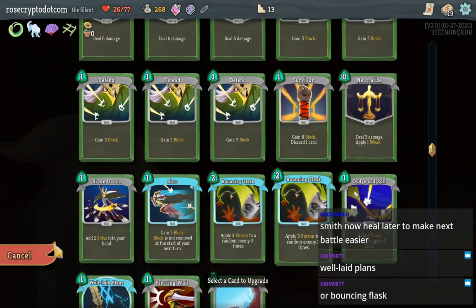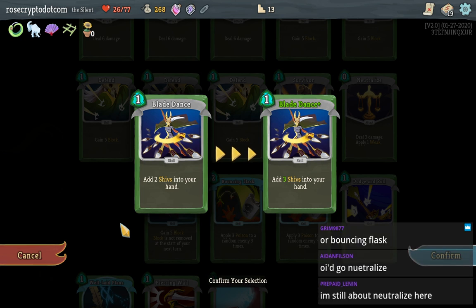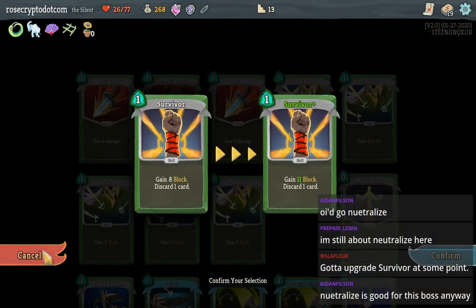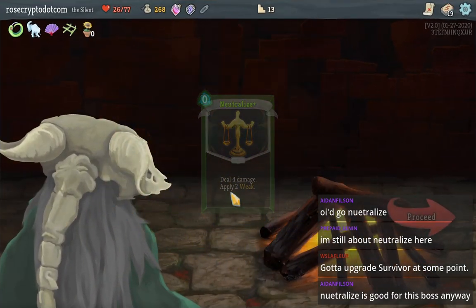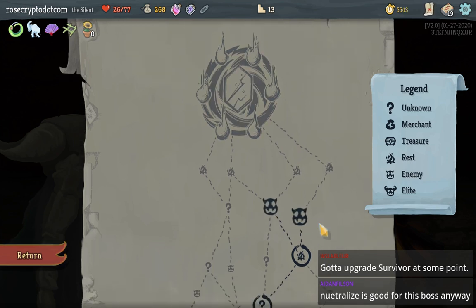Bouncing Flask is an option. Blade Dance is an option, because if you think about it, if I do this, that's 1 card that instantly activates my fan. I have to say that's not bad. Gotta upgrade Survivor at some point, that's true. We're gonna get Neutralize is what we're gonna get, because it's really good for the boss. For any boss, I assume. I don't know what this boss is, but... Okay, no matter which way I go, it's the same thing, so...